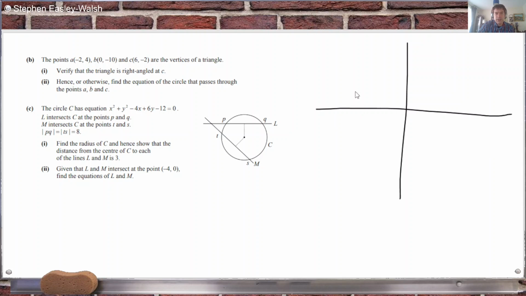So (-2, 4), that's A. (0, -10), that's B. And then (6, -2), that's C. A is (-2, 4), B is (0, -10), and C is (6, -2). So if we get the slope here,